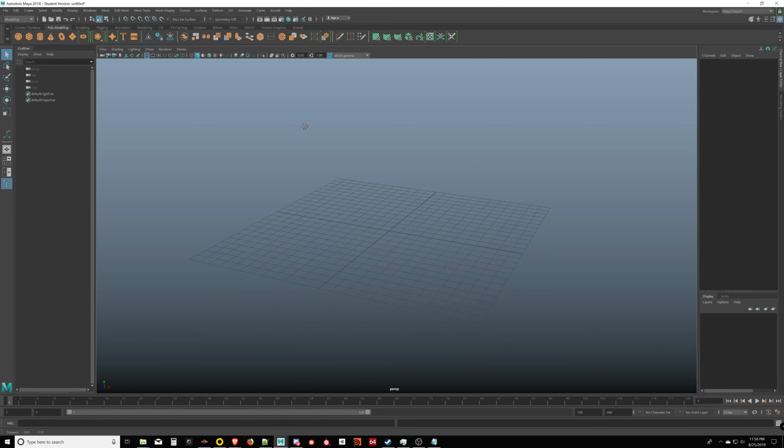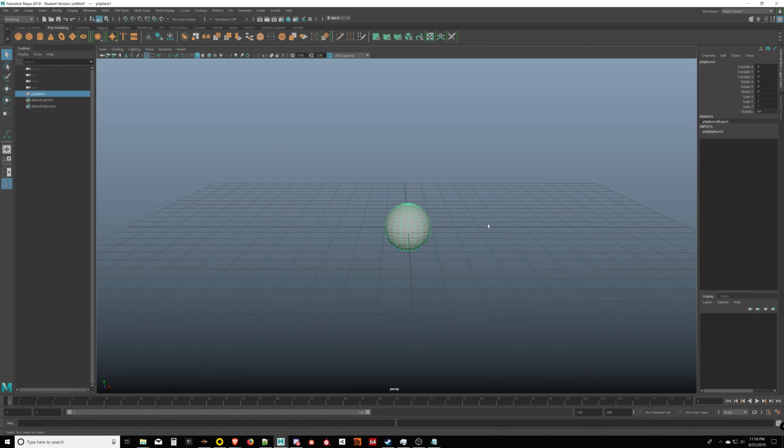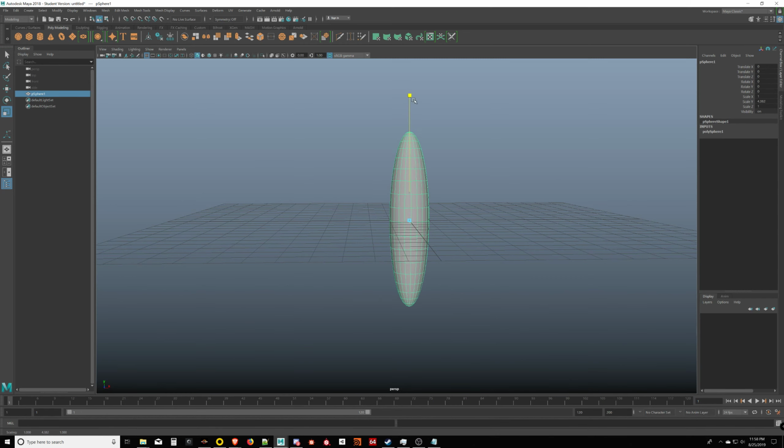So to get started modeling a rocket, we're going to build it up from basic primitive models that are already existing. So over here on the poly modeling shelf, we're going to select the sphere, and it's going to draw a sphere in the scene for us. Now I'm going to stretch this out, make it nice and long so that it could be a rocket body. I'm going to move it up